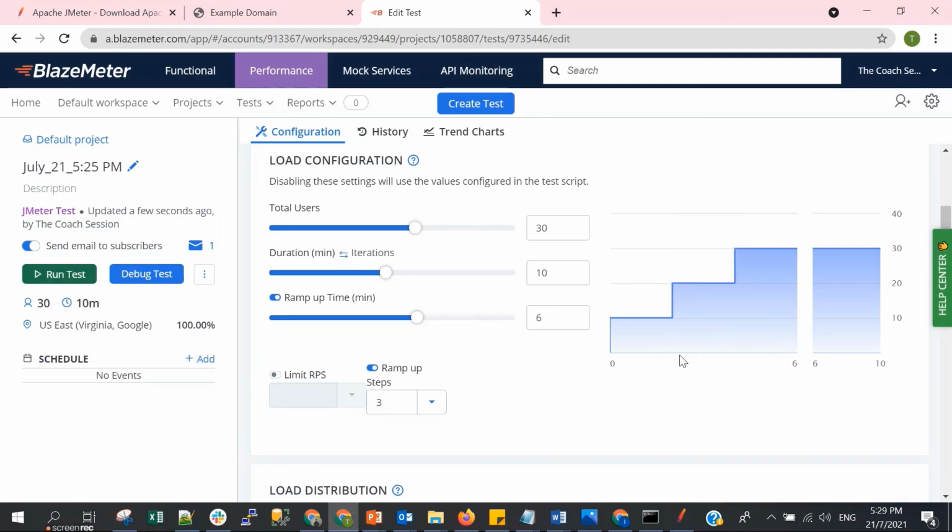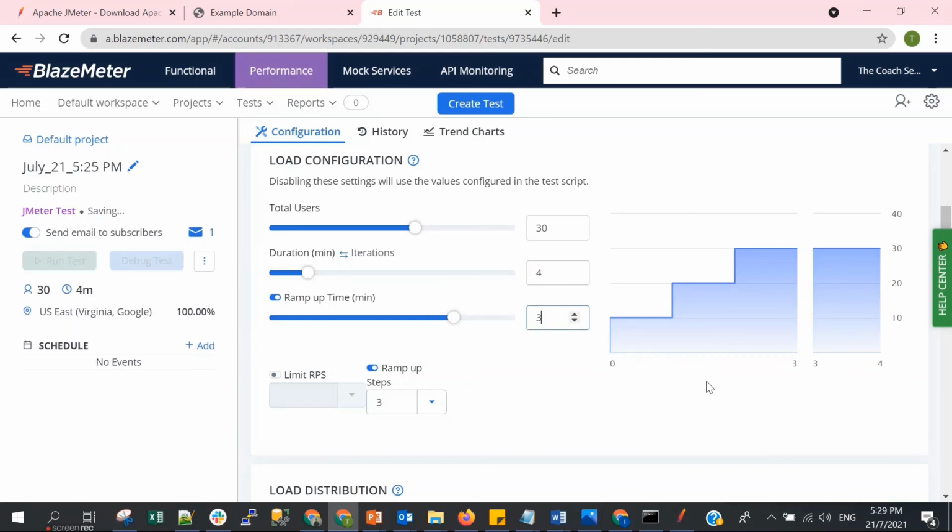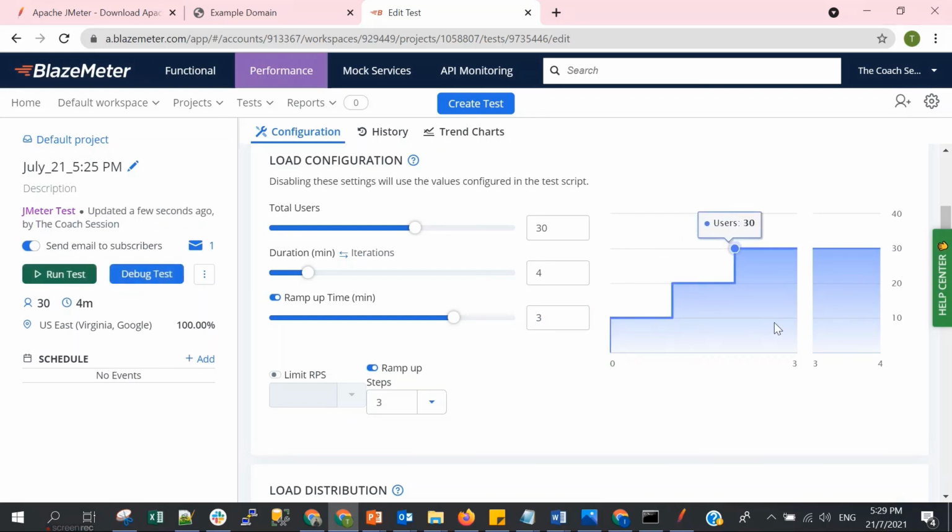So you can see the total is 6 minutes for the ramp-up. So 10 users in the first minute, then waiting 2 minutes, then adding another 10 users, waiting another 2 minutes, and adding another 10 users. And from after 6 minutes, 7 minutes until 10 minutes is just a waiting period. Yeah, so you can play around with this parameter. For this testing, I will just put duration 4 and ramp-up time 3. So we just wait for 1 minute.